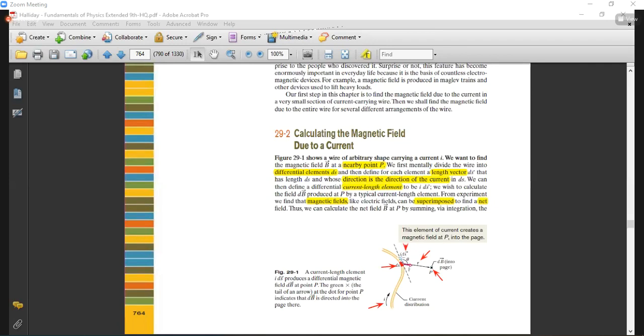During our whole next procedure, we will always use the current length element. This current length element is a vector quantity, and it is the product of a scalar and a vector quantity. So in order to find out the magnetic field, we will